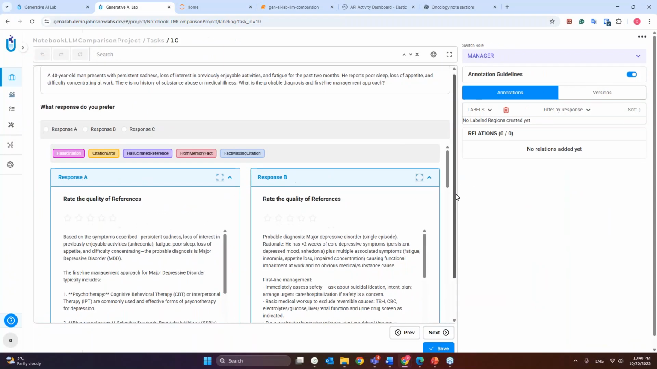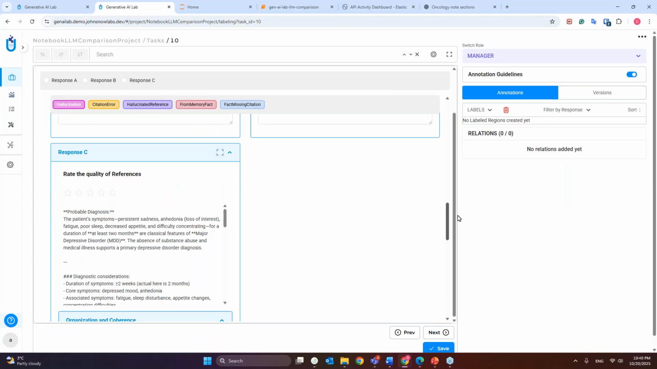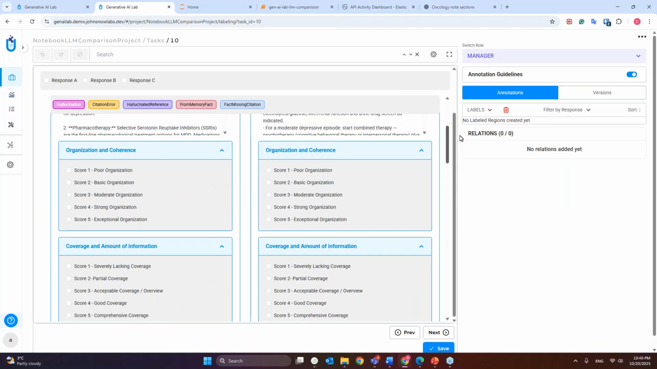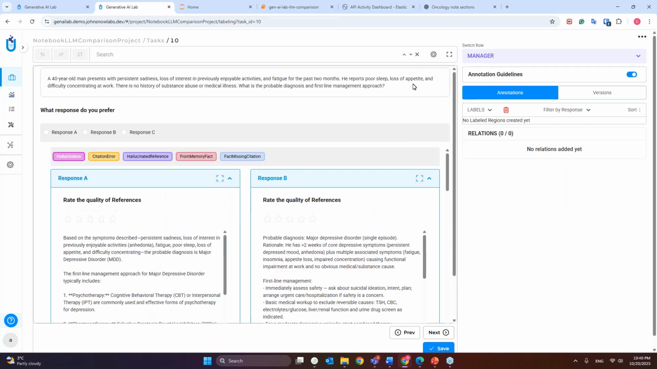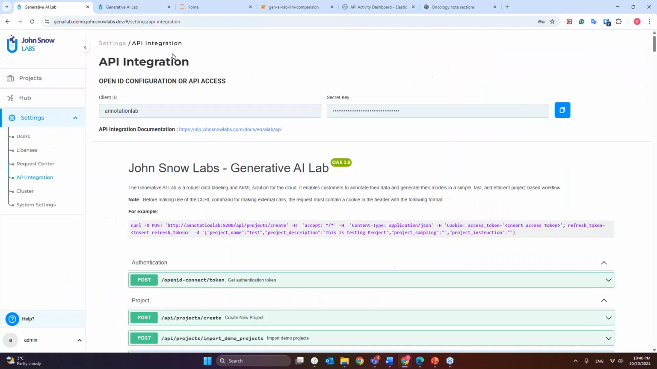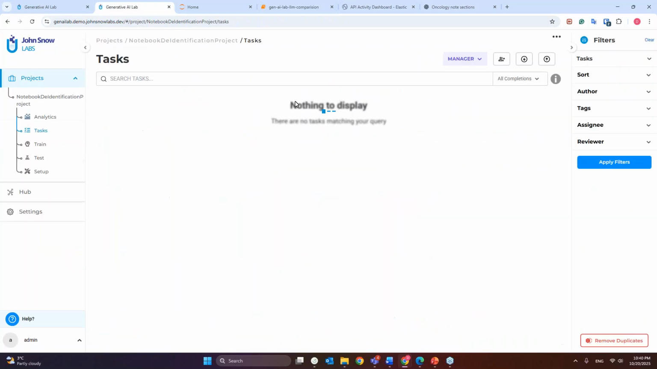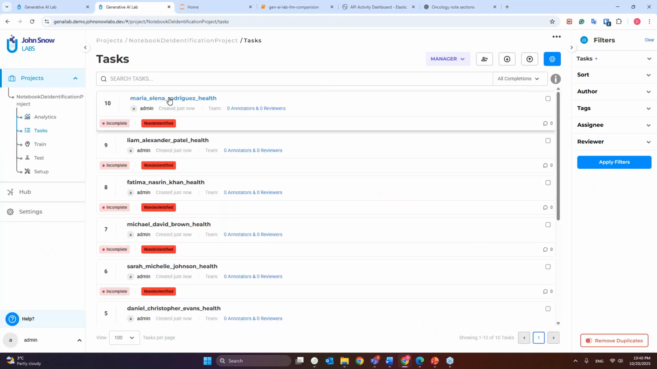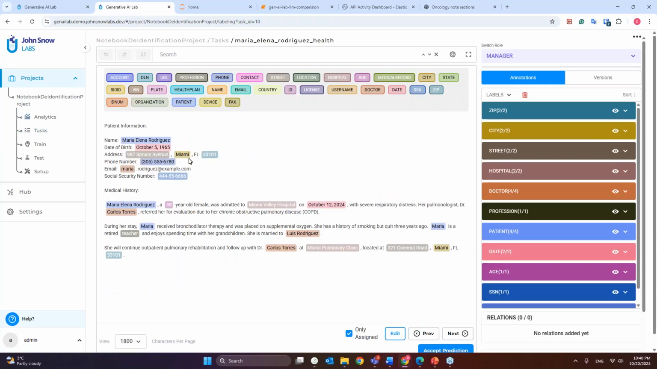So in this Python notebook, I just imported three different responses from three different LLM models for the same prompt. And the second project is the de-identification project. Here, some synthetic PHI